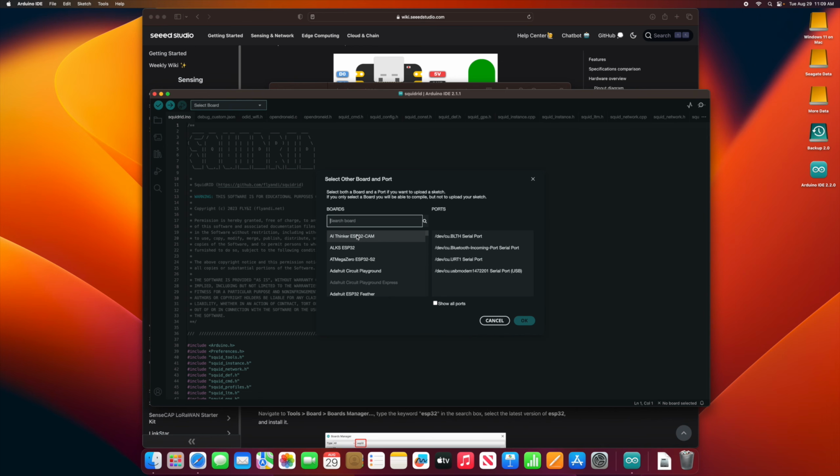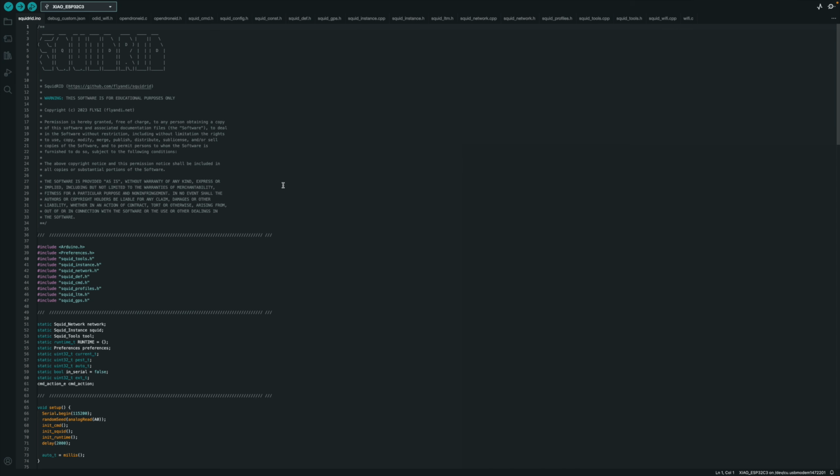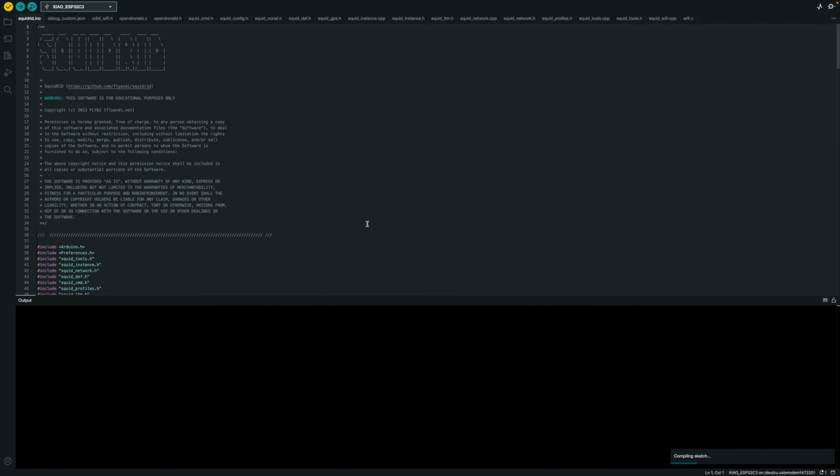We're going to select another board, which is the shell. Like I said, it's the C3 board. We're going to connect to the correct port, hit OK, and now it's coming up. Now everything is indexing here. We're going to let that finish updating. Basically, you can just do a test build with verify, and you can upload it to the board with the bright arrow there. So we're just going to go ahead and verify that, and basically it's just going to compile